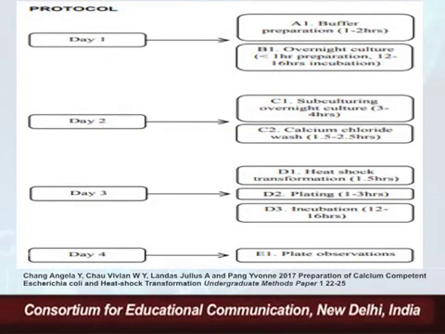This is the protocol given here, and it is approximately a 4-day protocol. On day 1, the buffers can be made, and the E. coli culture can be incubated overnight for good growth conditions so as to have a good number of cells. Then on day 2, there is a very important step: when we want to induce competence in E. coli cells, it is better to have the E. coli in the early exponential phase.